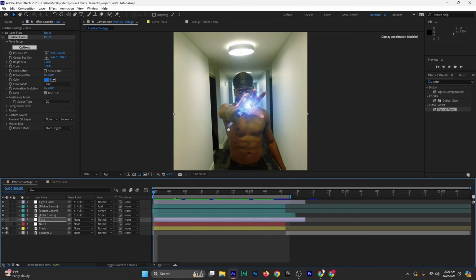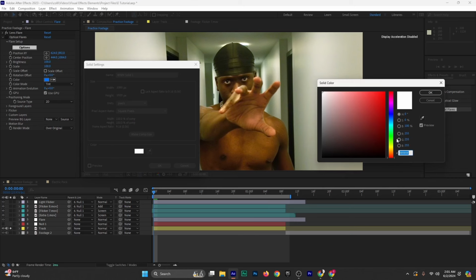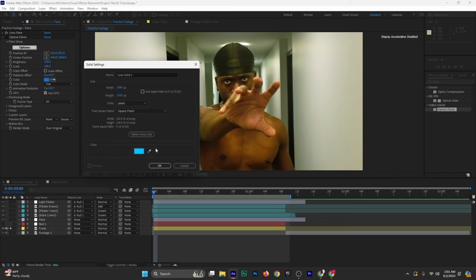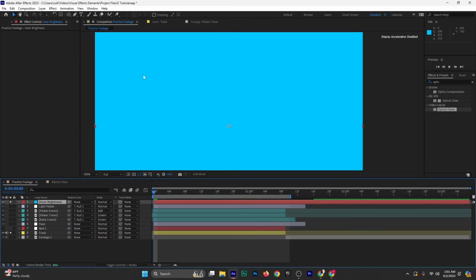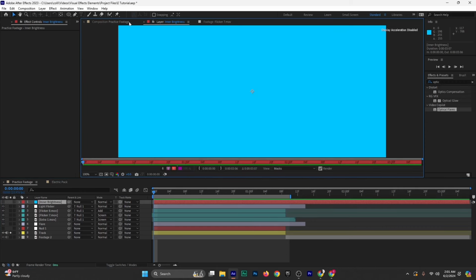Hit Control S to save the current progress. Hit Control Y or Command Y to bring up a solid. For this specific solid, change the color to something like a nice blue. Mine is going to be 00C6FF, and press OK. Then rename this to Inner Brightness, and press Enter. Then turn it off for now, but make sure this layer itself is